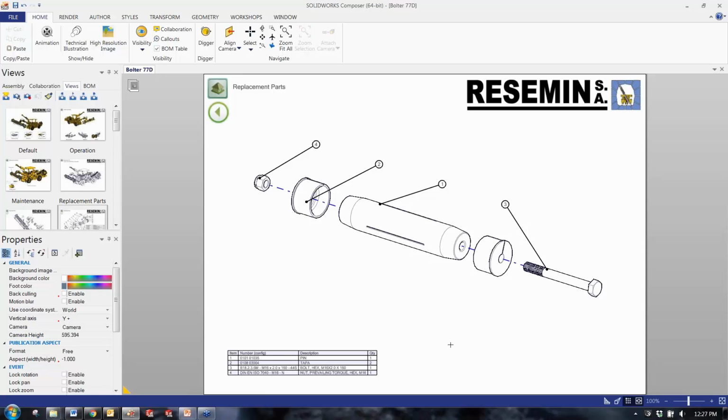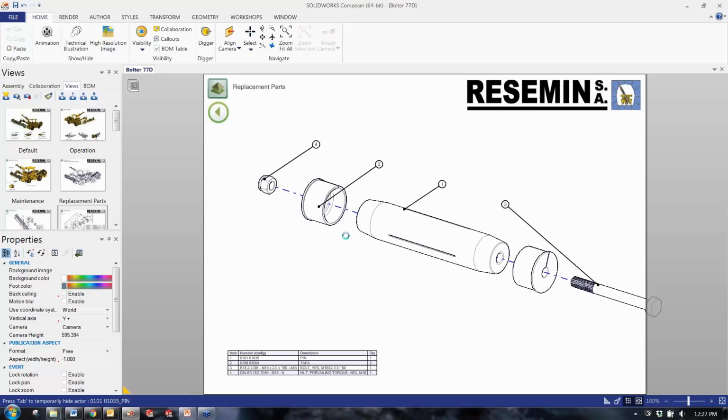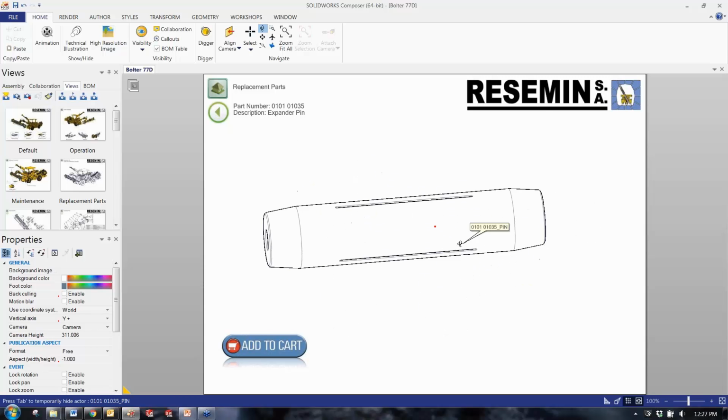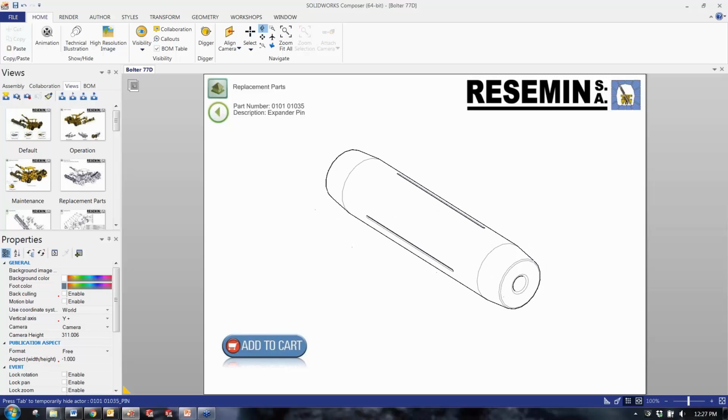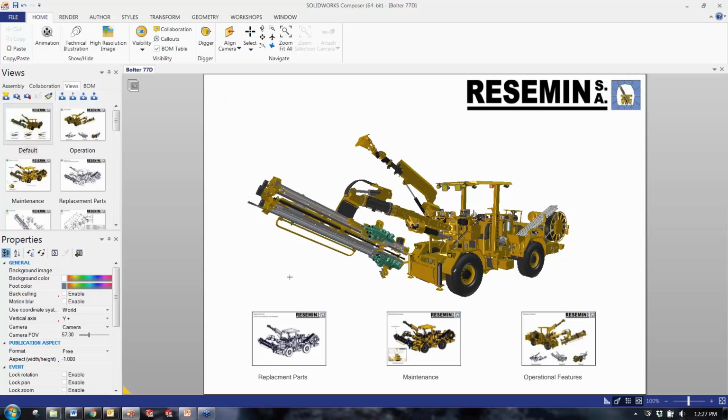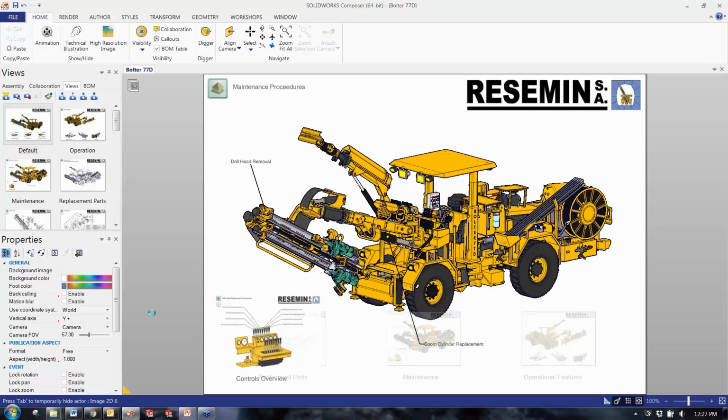So this is, again, a subassembly made up of 4 components. The part I'm interested in is this pin. I need to replace it, okay. Now, I have the pin, what it looks like. I can even rotate it because, of course, this is all 3-dimensional content, okay. I've got my part number, I've got my description, an expander pin, simply add to cart. Okay, so that's one way that SOLIDWORKS Composer can be used for,